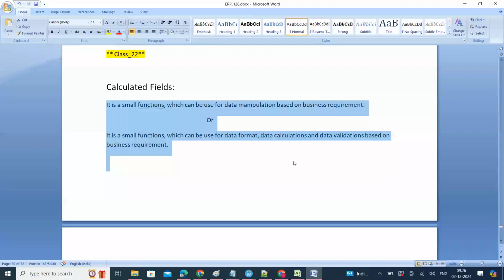So very simple. What is a public calculated field? What is a private calculated field? And what is a global calculated field? How will you identify public, private, and global? And what exactly is the use of public, private, and global? We will see now. So very simple, guys. If you created a calculated field using